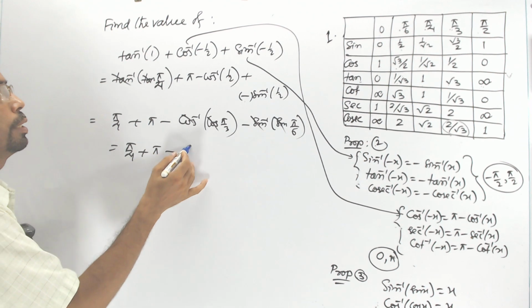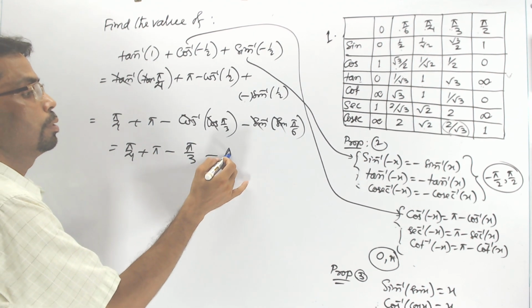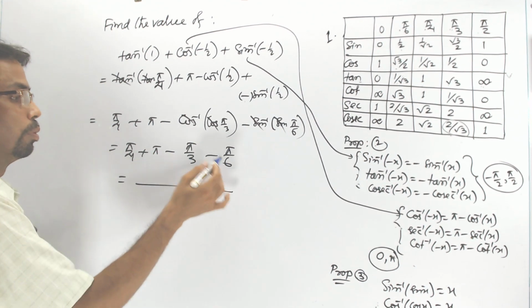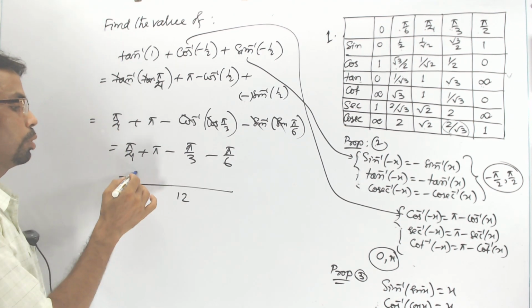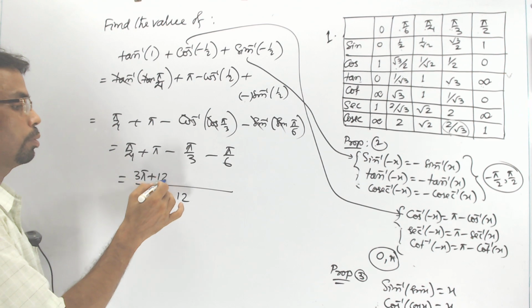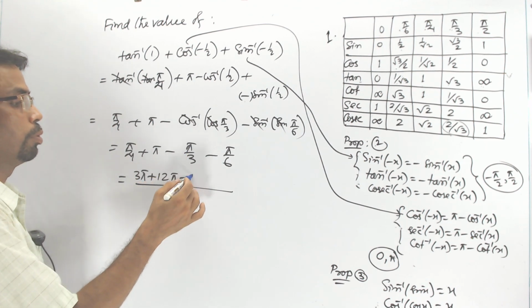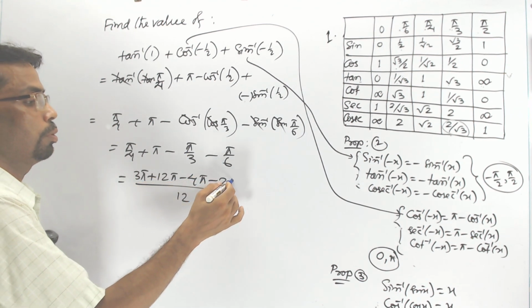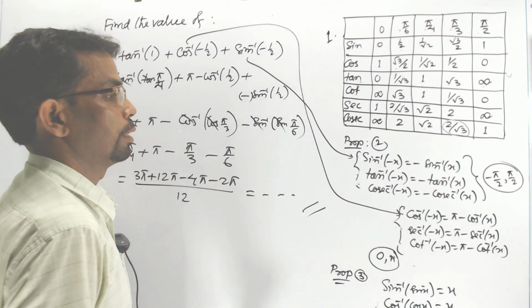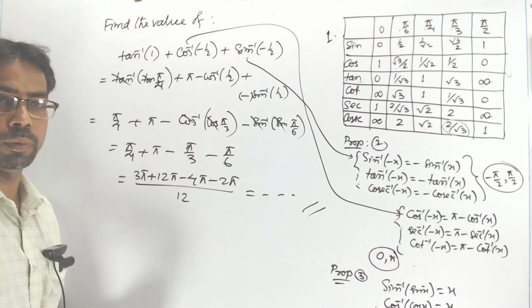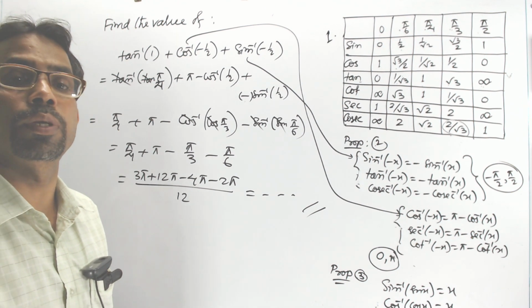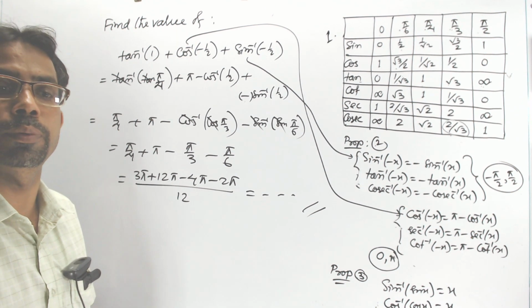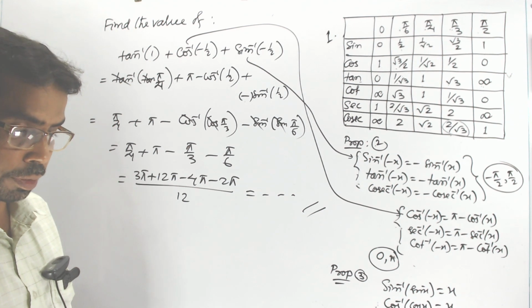Finally we are getting this, and then if we take the LCM we will get the answer. LCM is 12, 4 3s are 12, 12 1s are 12, 3 4s are 12, 6 2s are 12. If we simplify you will get the answer. So this is how we solve. We find the values of trigonometric functions, that is actually the principal value of the trigonometric functions. Then taking another question